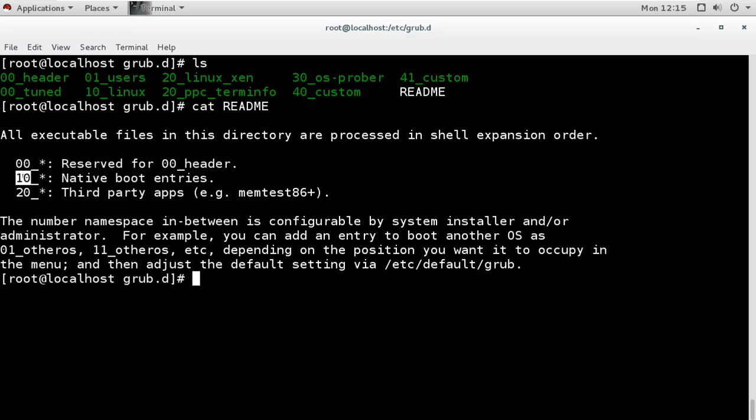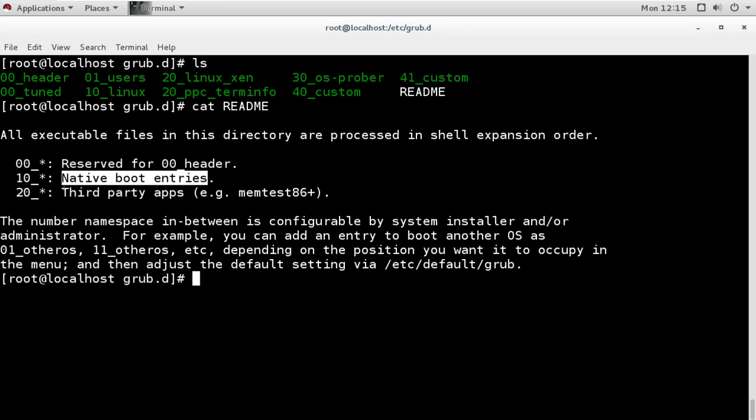This 10 is having native boot entries. Boot entries means whatever kernels we have, kernel 1, kernel 2, or multiple kernels. All those kernel entries will be under this native boot entries, like right now by default we have the normal kernel and the rescue kernel. So all the entries of those kernels are under 10.